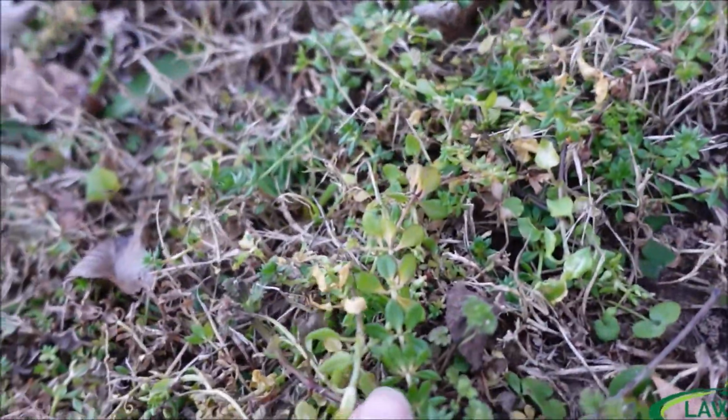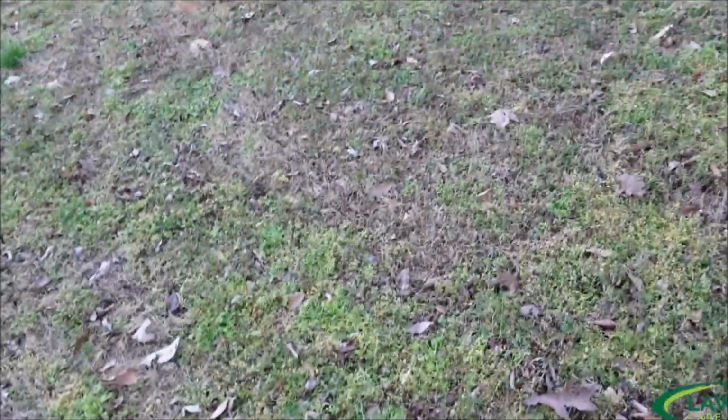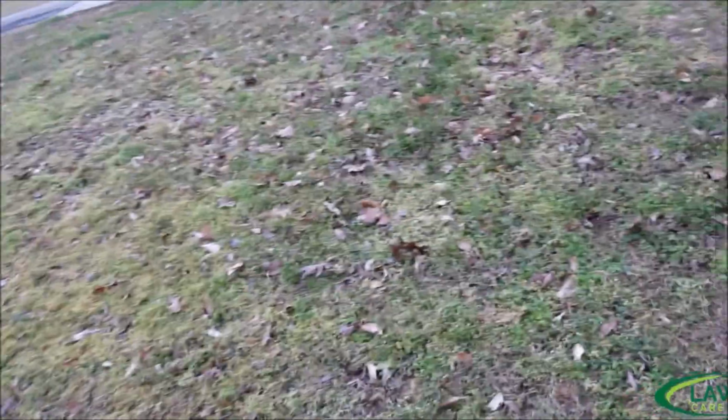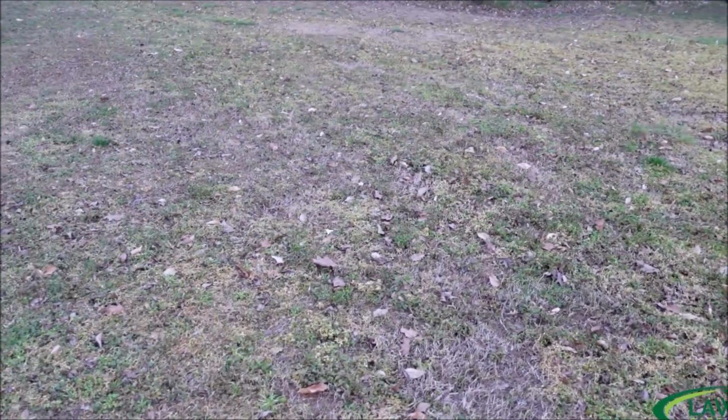See a lot of the field madder in here. Now that does have some discoloration on it, but I'll either just let it die out this year or change up to some product that works good on that. But you can see the Bermuda in here, so there's enough grass here that I believe we're going to have a decent looking yard by the summer. I'd say decent, maybe not perfect, but lots of yellow, lots of dead, and we've got something to work with. So moving forward is to fertilize this grass, probably with some quick release fertilizer starting about April,